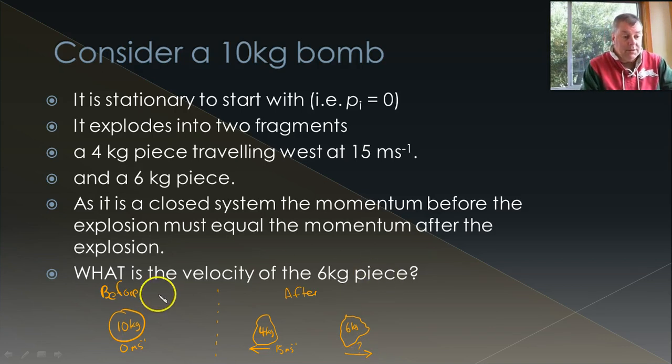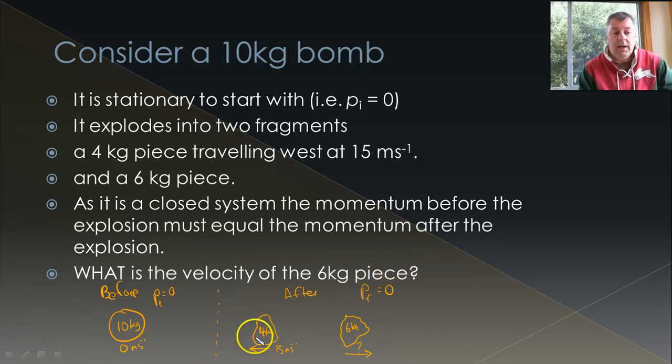Now, here the momentum is 0. P equals 0, and that's the initial momentum. Therefore, this momentum here must also be 0. That means that the individual momentums of these two fragments must cancel each other out to give us 0. And so this is why we did vectors, and this is why we have a direction as well. Okay, so these sorts of diagrams help you understand. So it's a good idea sometimes with questions to draw a diagram like this, a before and after picture, and it helps you work out where to put everything.